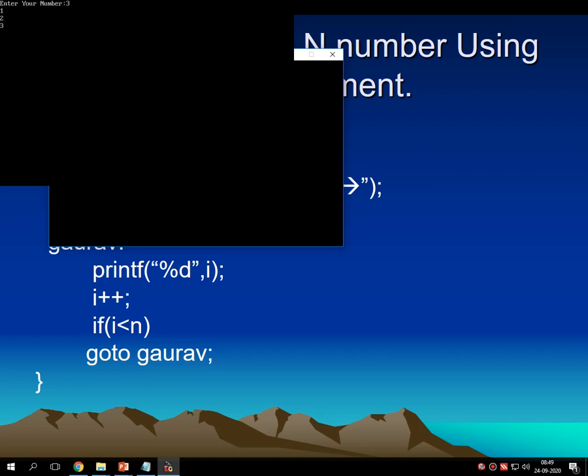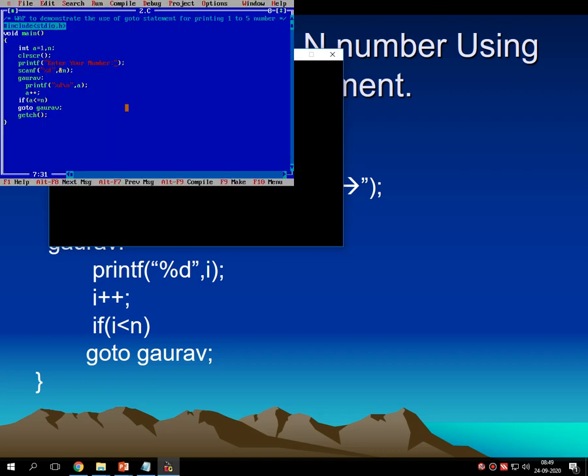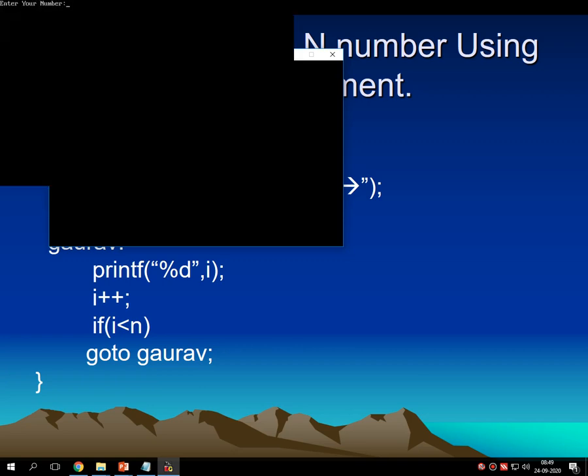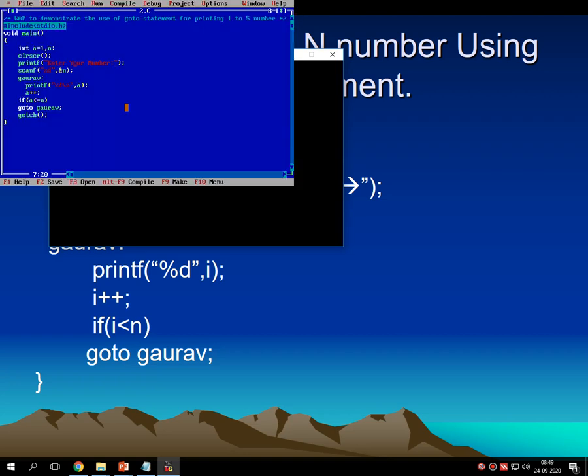The loop repeats up to 3 and gives 1, 2, 3. So it becomes dynamic. Whatever the entry done by the user, up to that the repetition happens and gives you the inputted value. For that, I have accepted one value from the user, and then I have checked the incrementing of a up to that particular inputted value.